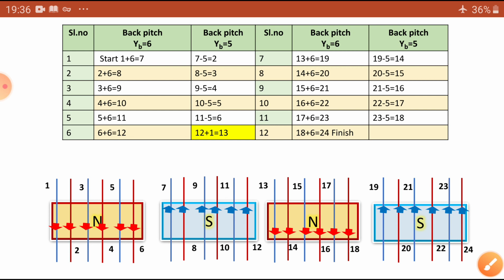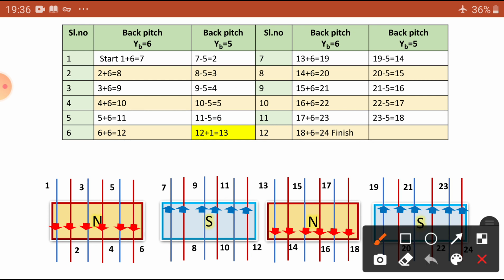Okay, no problem. So this is 1 to 7, 7 to second conductor. So the second conductor is over. The second is connected to the 8th conductor. Okay, this should be connected to, so where is this? Red color is the 8th conductor. Okay, so 8th is over.